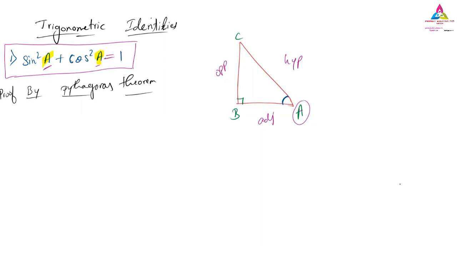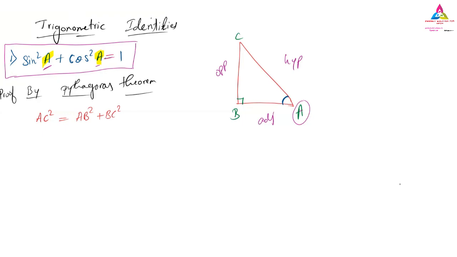AC square is equal to AB square plus BC square. Next time I will ask a particular person to answer, otherwise all will say one by one. It is good, but it is not clear for me which answer you are giving. So let me write this down. We have taken the Pythagoras theorem, so here we have AC square is equal to AB square plus BC square.